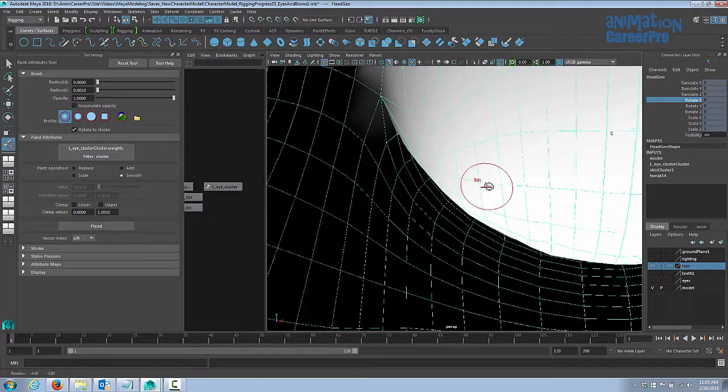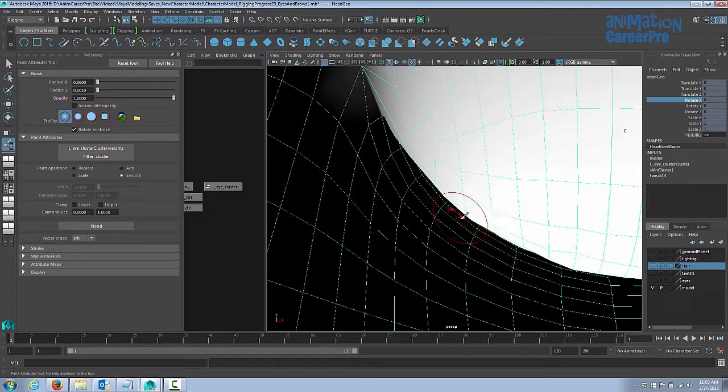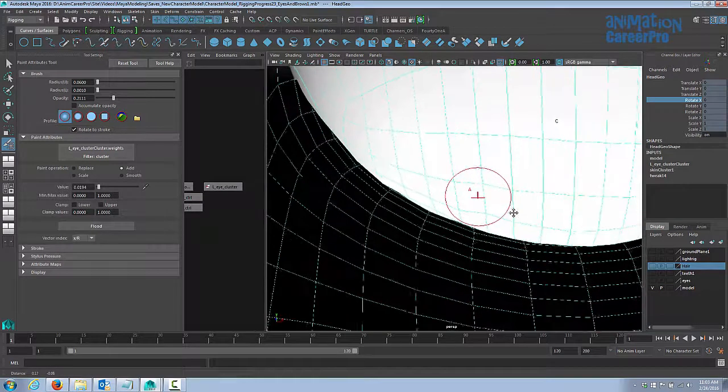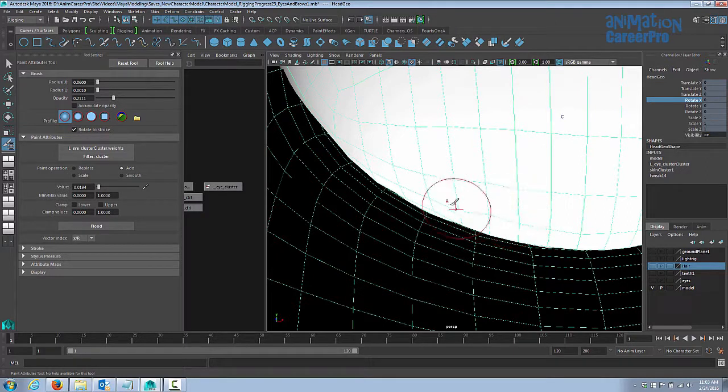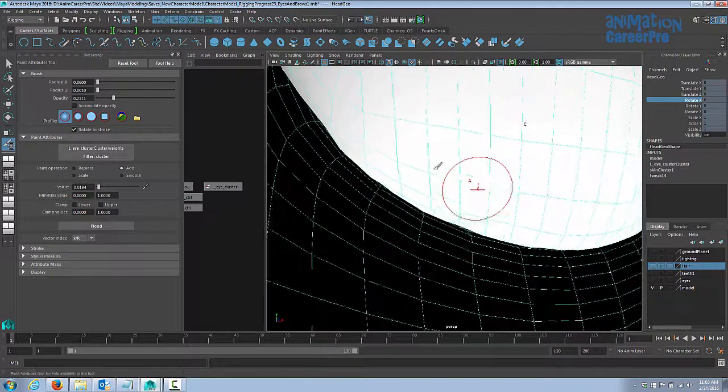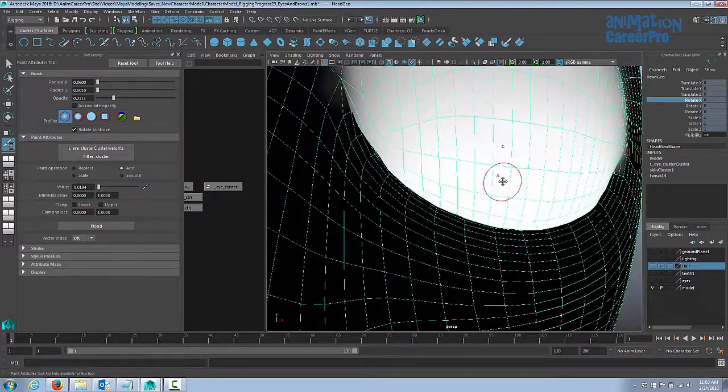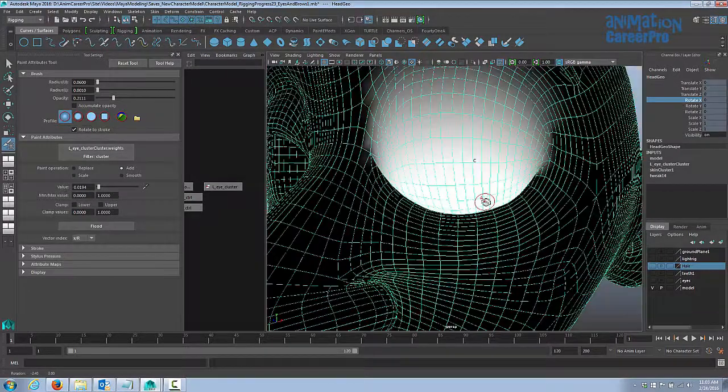Again, with smoothing, if you find it's smoothing it out too much and it's putting it back to where it was, you can crank the opacity down with the smooth function turned on, and it'll smooth less. It'll just smooth it a tiny bit. So I can see, for example, this vertex, it's not giving us a very nice edge flow here, so I want to pop that down a little bit. And I've got my opacity down, so it's not doing it too much. But we can just pop those down a little bit just to give us a nice edge flow and a nice deformation, and it'll be a nice look when it's complete. I think that's looking pretty good.